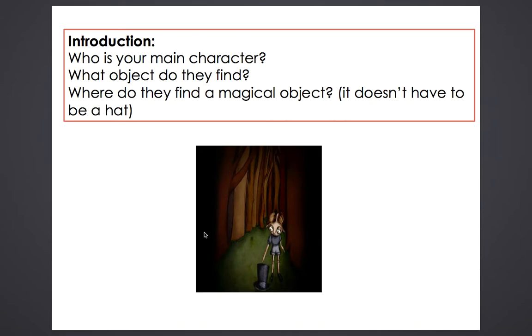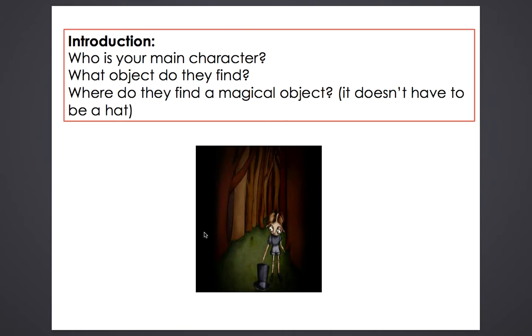Now, when you're planning, remember, you don't need to write full sentences. It's just ideas which will help you with your story. So you might put a young boy who has gone to stay with his granny, maybe a young lonely boy who's gone to stay with his granny, or you might change it to a girl.